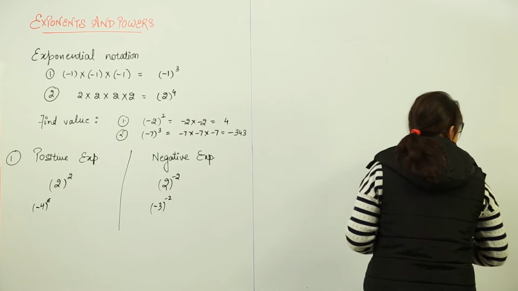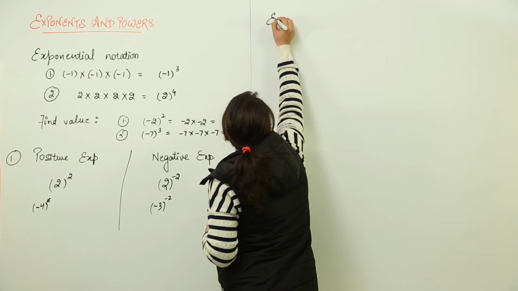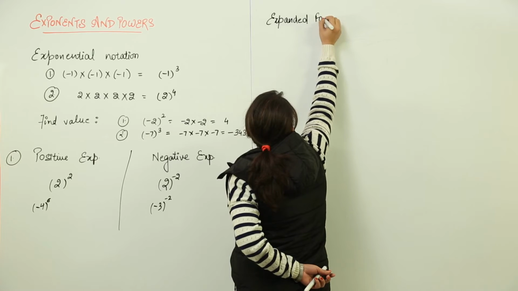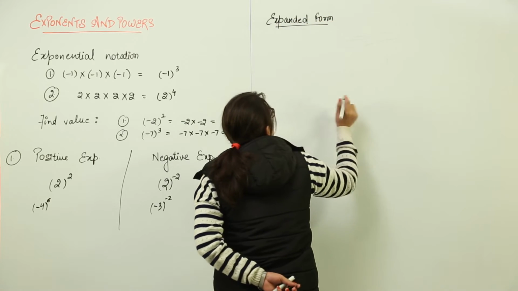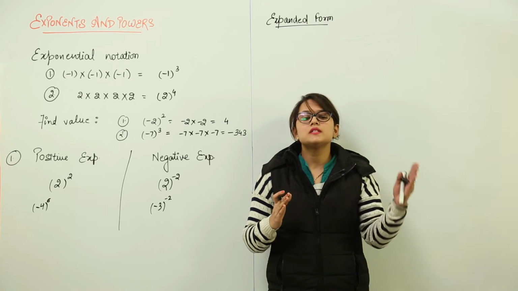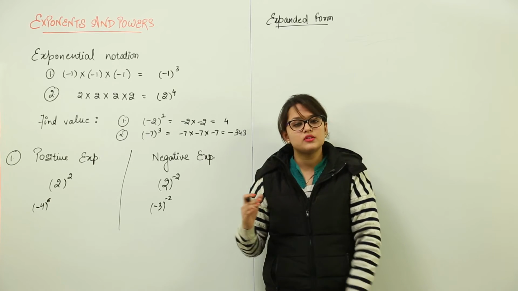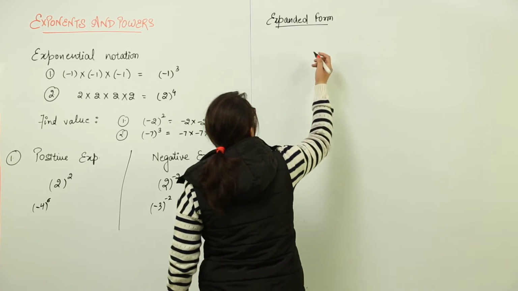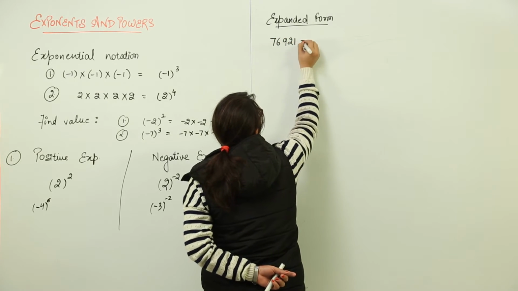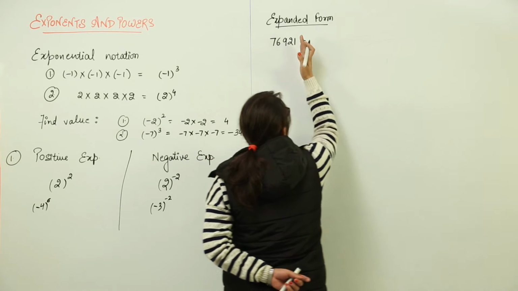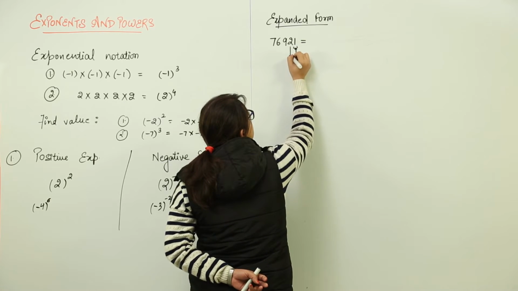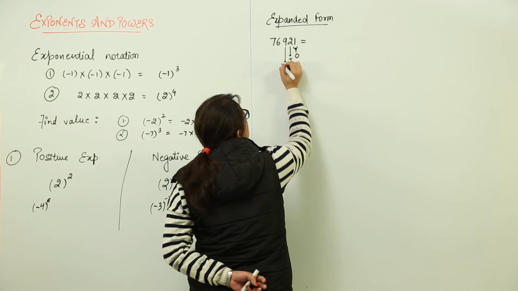Now, next we are going to do is expanded form. Now, how do you write the expanded form? In your previous classes, you have already done this. So, let me revise it first. Right? You have done the place values in your previous classes. You start from the left hand side, ones, tens, hundreds, thousands, and so on. So similarly, you multiply them also. Let me write the place value for this. 76921. How would you write the expanded form of this number? You start from the right hand side, the right handmost side. This is your ones, this is tens, this is hundreds, and so on.